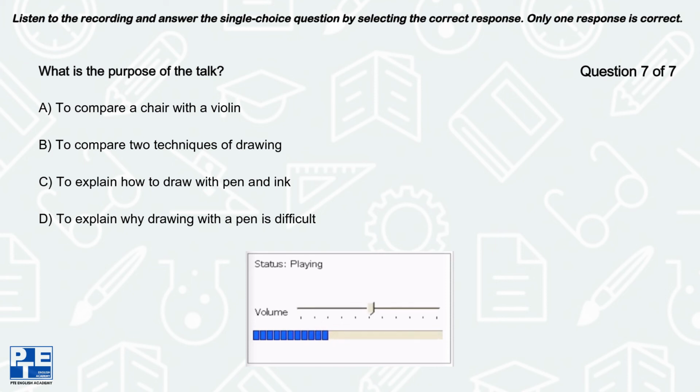Once you are ready to begin drawing, define the shape of the chair with clean straight lines. Then add contrast by drawing the outline of the violin with gently curved lines. You may have to apply more pressure to the nib when drawing curved lines to allow the ink to flow easily. When you have drawn the outlines of both objects, add in the finer details, such as the seat of the chair and the violin strings. Suggest the texture of the woven seat by using light and dark strokes of the pen.